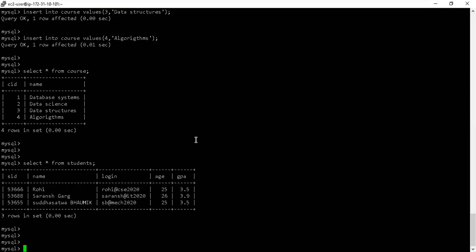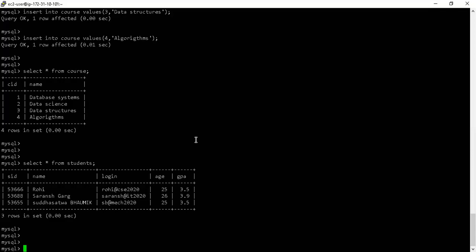I can consider that number an attribute of the user, not a characteristic. I cannot call Sarang by that number. I can call him by his name. I can remember that out of these 3 students, he is the one who has got the maximum GPA. But that student ID does not signify anything, which means I really don't need to care about the student ID.